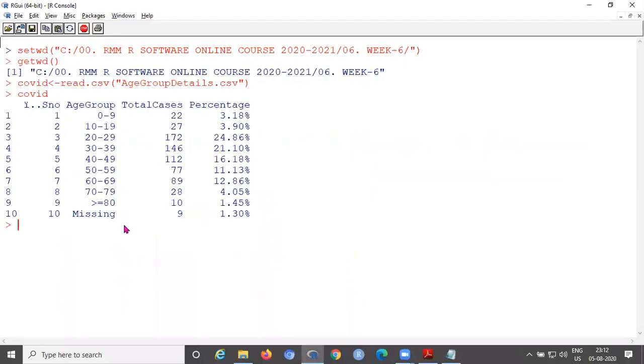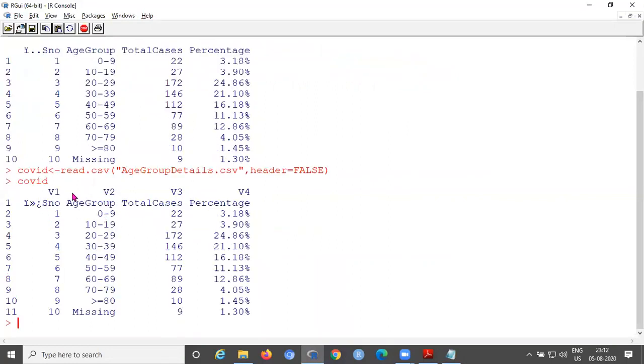Now we will also run this one. So after the file name, comma header equal to false, capital F or full form FALSE. Now we can call that COVID vector. See, now you can see the column names are created.